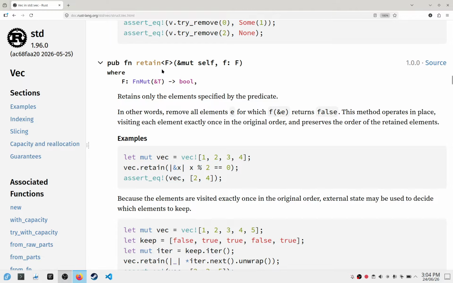Retain is basically a function, or it's a closure actually, of type F. So it is a mutable closure and takes a reference of the vector. It retains only the elements specified by the predicate. In other words, it removes all elements e for which &e returns false. This method operates in place, visiting each element exactly once in the original order, and preserves the order of the